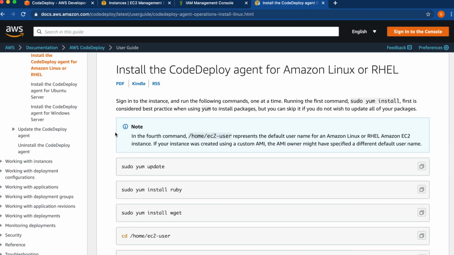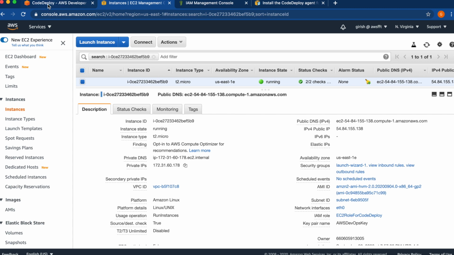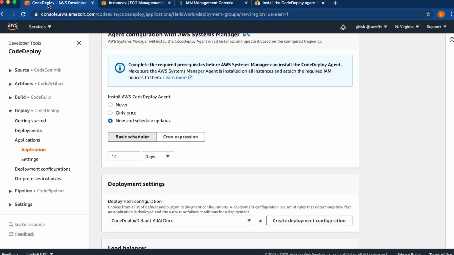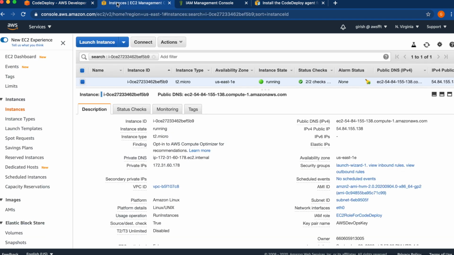Yeah, so what we'll do is connect to that instance. We have the option to install the code deploy agent as part of these steps itself, but I would prefer showing you that. Another thing we should remember is that for code deploy to work on each instance, we need to install the code deploy agent, and the agent does all the work needed for the deployment to work. This is one thing you should be aware of.